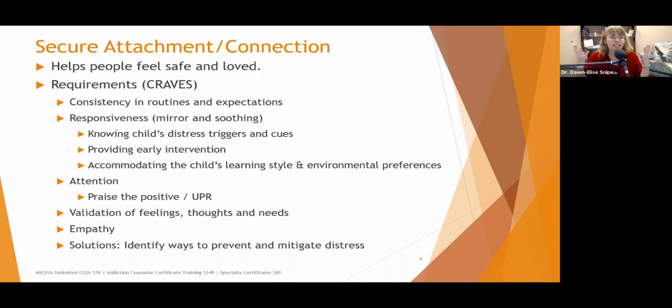If noises and sounds are triggering to Johnny, we want to make sure that we have noise canceling headphones, and they have the big old headphones. For many children, they have in-ear earplugs that work enough that they don't have to wear around the big headphones, and they feel less self-conscious when they're older. But helping them figure out how to mitigate things.